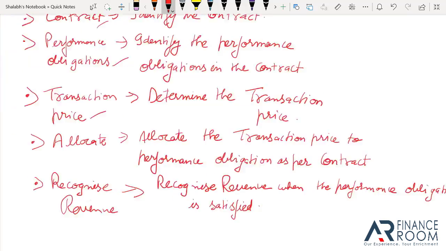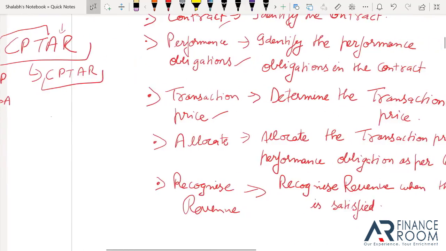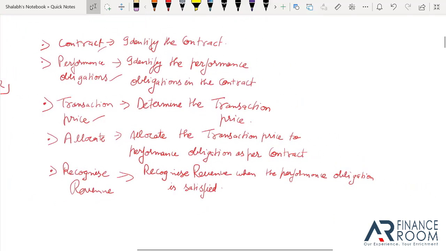Now what's the exact line? Recognize revenue when performance... okay, it's the same line. I thought I'm not able to recall the same line, but to be very honest, I'm not faking this. I made this line on the basis of concept. I could not recall the exact line and it came out to be the exact line. This is the difference between learning and cramming. There is nothing wrong in learning. What's wrong is in cramming. Now you get these 5 points: C, T, T, A, R.